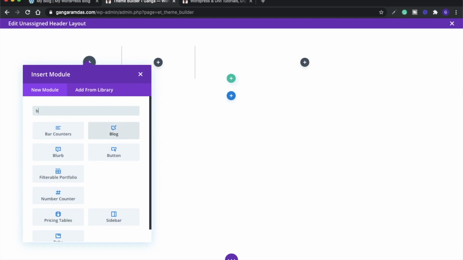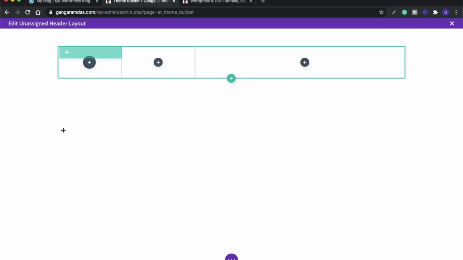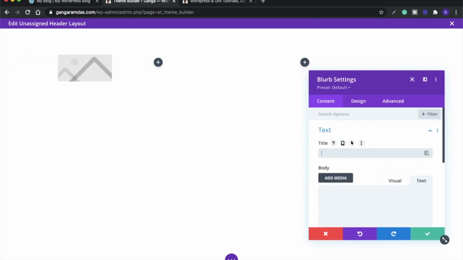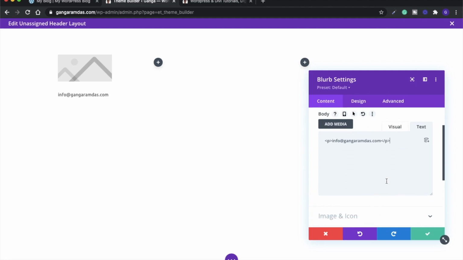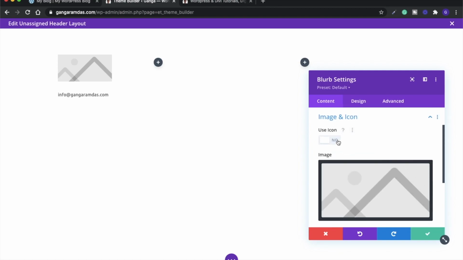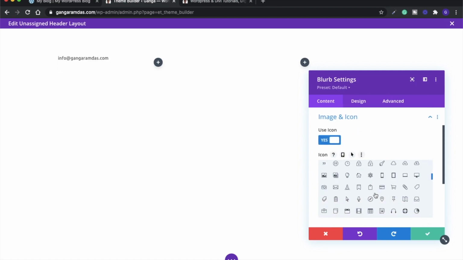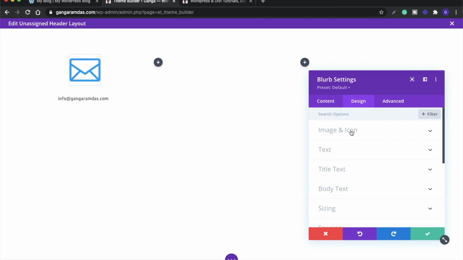Now add a blurb module over here. So we would be adding, for example, the mail and the phone number over the body section. We would not be adding it in the title because of designing issues. So let's just add our mail ID here, and then in icon we will just use the icon of the mail, this one. Now we'll tap on the design section,